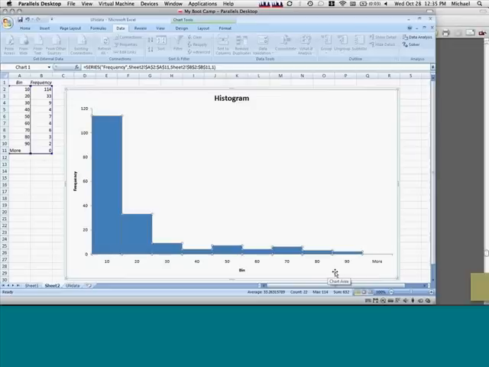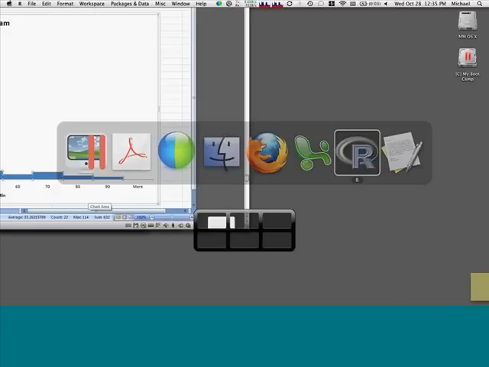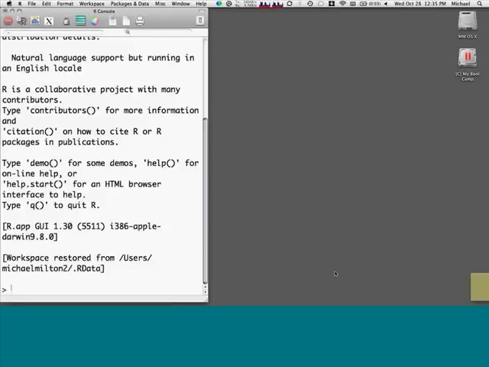Now we're going to also implement this same operation in the open source statistical program R, which I have loaded up right here. I expect that most of you don't have a lot of experience with R because it's kind of a niche product, but it's incredibly powerful and useful, and if you aren't already familiar with it, it's very much worth your while to learn R. R is written for and by statisticians, and so things like histograms, it does extremely well.